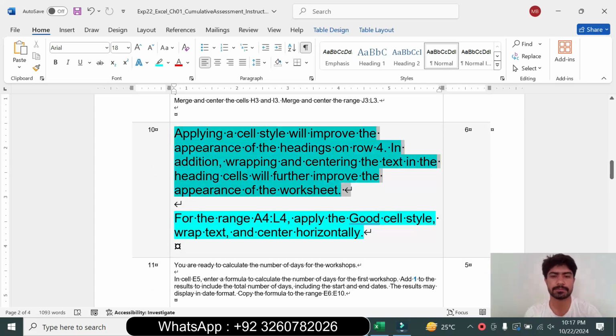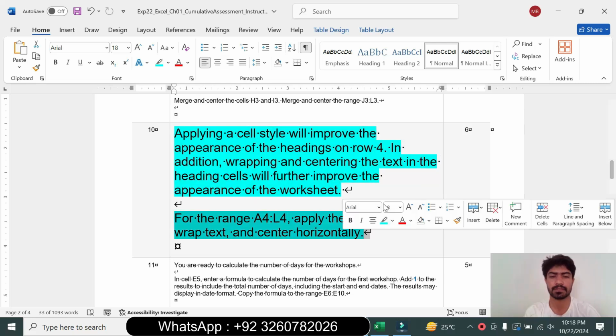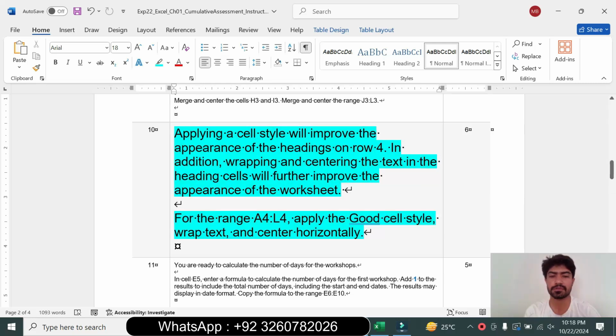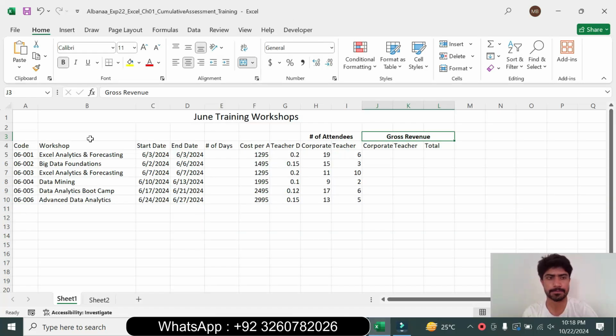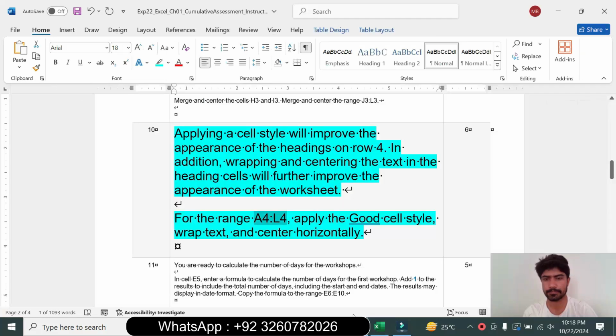So question number 10: applying a cell style will improve the appearance of the headings on row 4. In addition, wrapping and centering the text in the heading cells further improves the appearance of the worksheet. For the range A4 to L4, apply the Gold cell style, wrap text and center horizontally. Select the range A4 to L4, press enter,